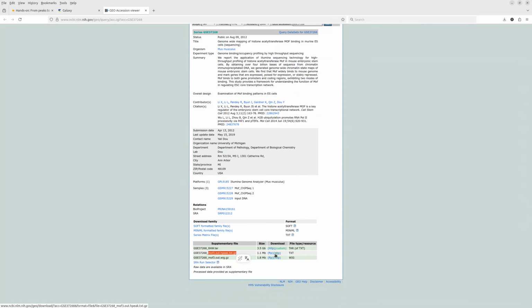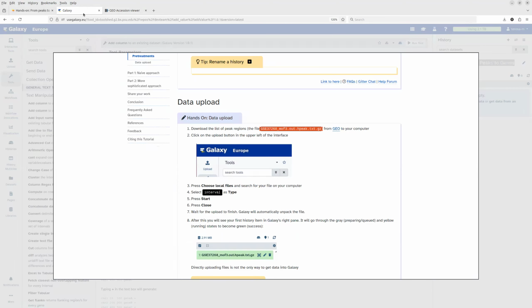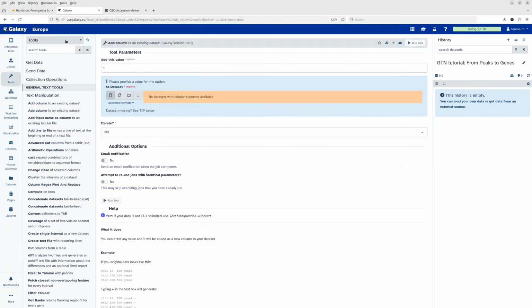But I will show you a third option today on how to import this data now into Galaxy, which is using a link. So again, if you click on the HTTP with the right side of your mouse and then just copy the link, you now have the link copied,